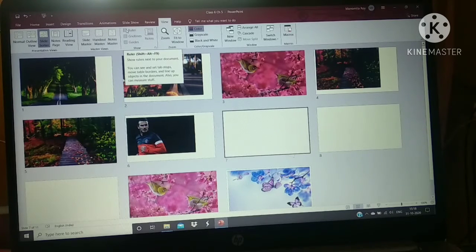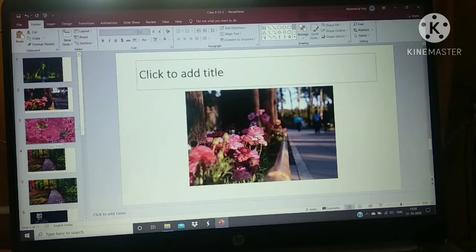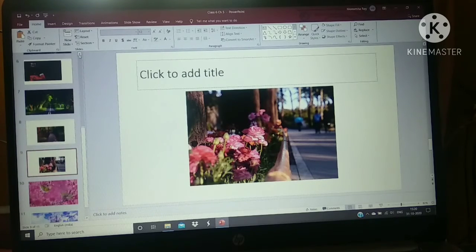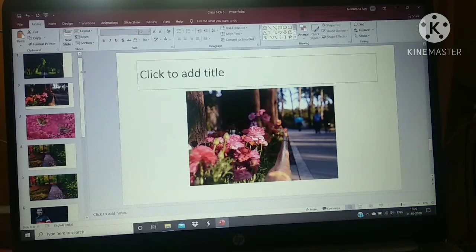Now we will add transition. How to add transition? Let us check it out. Now we are going to add transition to our slides. So why and when do we use this transition feature? Whenever we want to show a presentation sitting over it for a long stretch of time, and it also distracts the audience to change the slides so often, we can use this feature. It not only saves our time but is also very presentable without wasting much energy. So let us see how to do this.